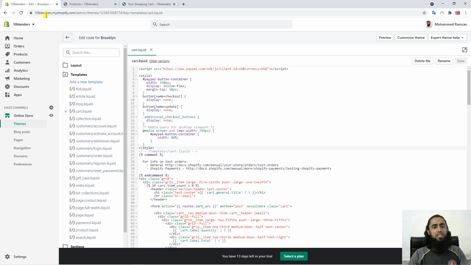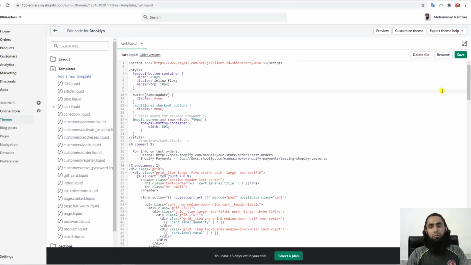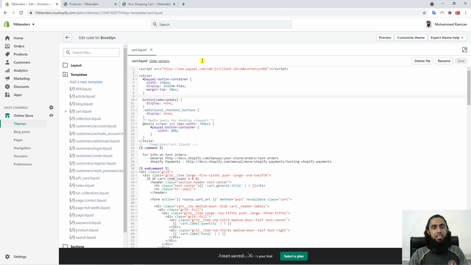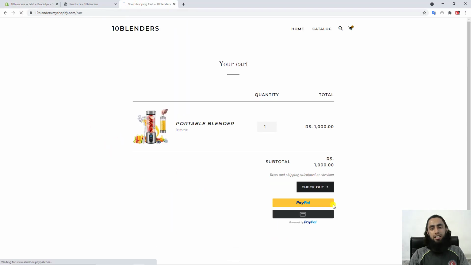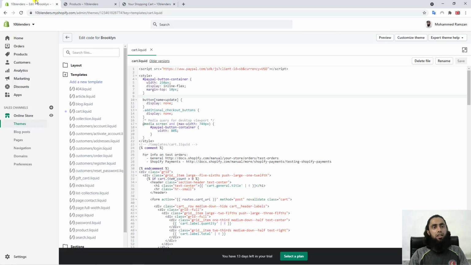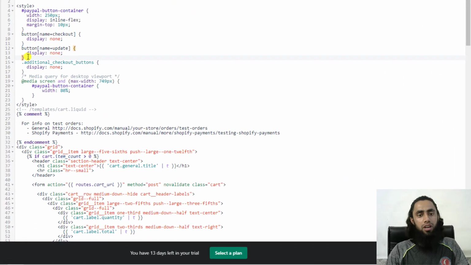For the first example, say you are interested in keeping the checkout button. For that you should remove these 3 lines. I have removed those and saved the changes, and now if you refresh the page, you can see that the checkout button has appeared here. For the next example, you want to keep the checkout button as it is and remove the update button.